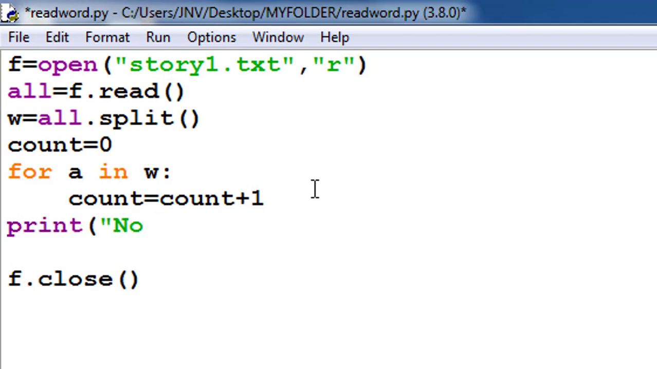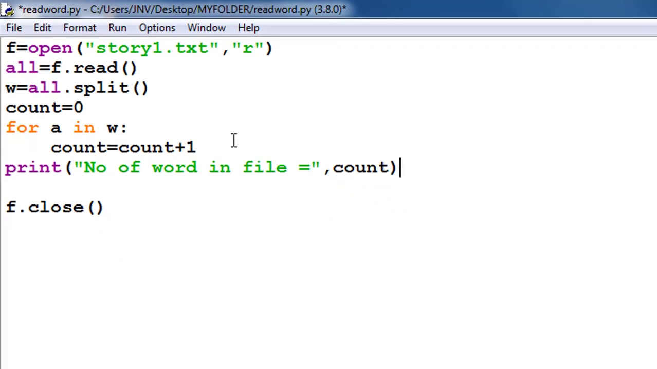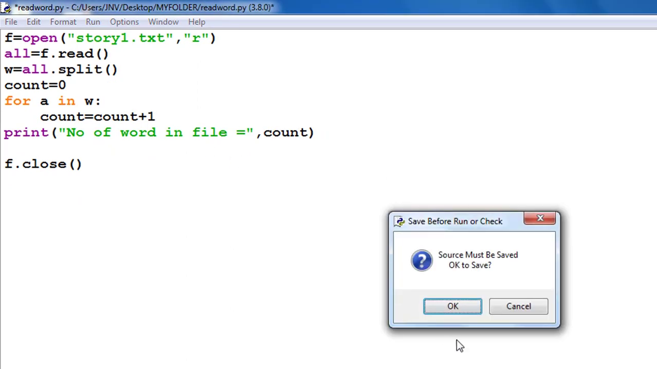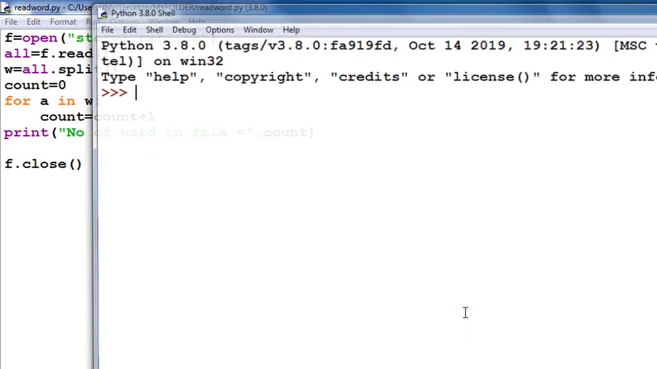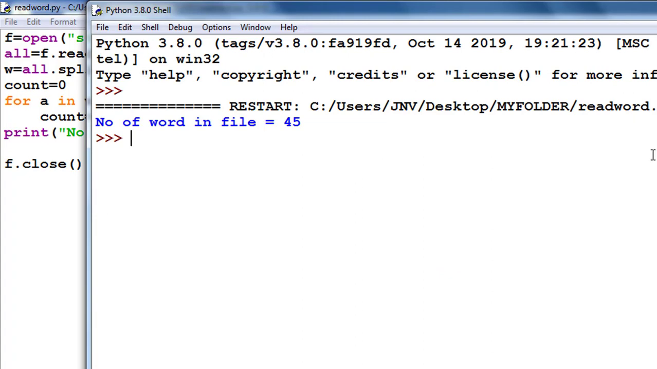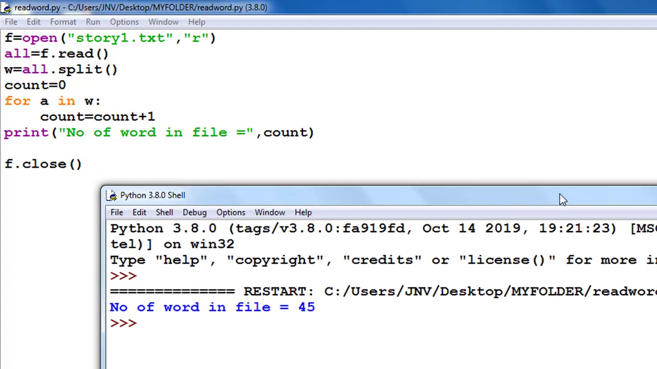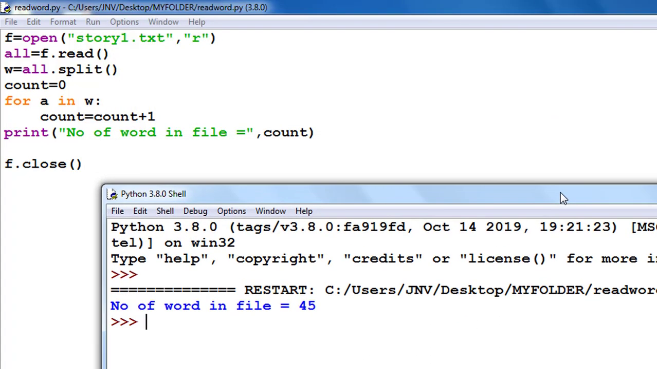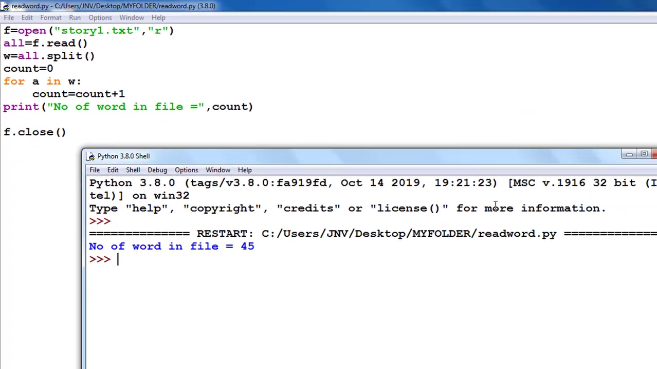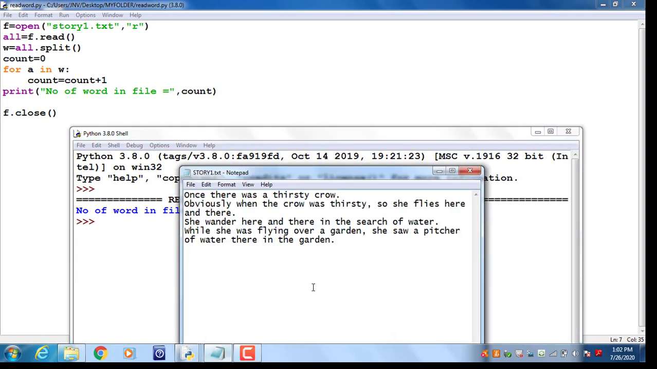Number of words in file. Number of words in a file is equal to 45. I'll show you, this is our text file